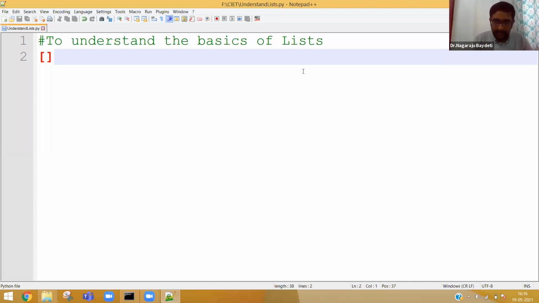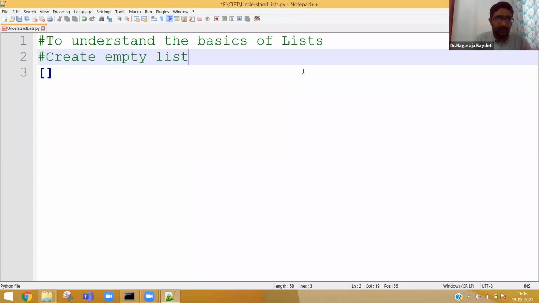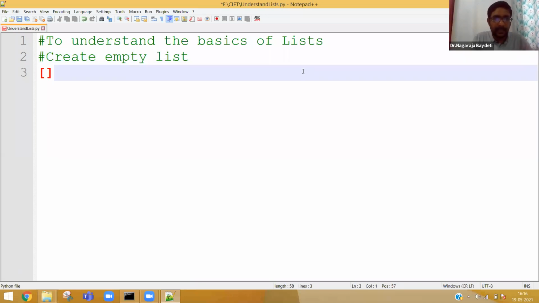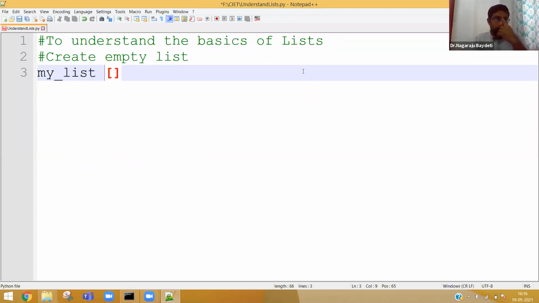basically a list can be empty. Let's create an empty list. How to create an empty list? Simple. Give square brackets. If you give square brackets and don't give anything inside, it becomes an empty list. So imagine my list equal to simple square brackets.